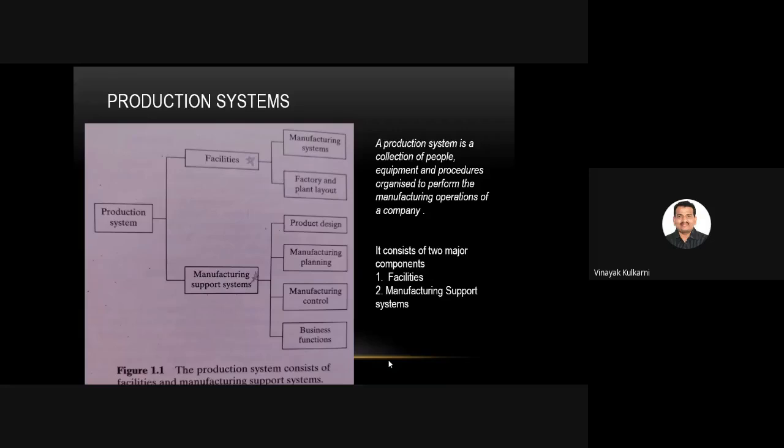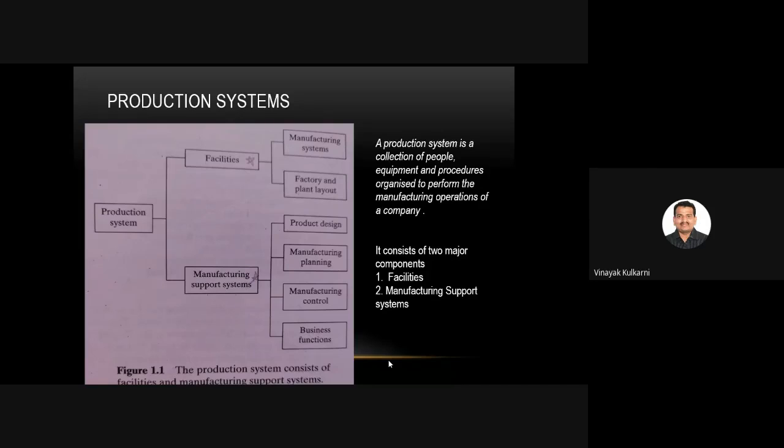Okay. So in the last class, we were discussing computer integrated manufacturing and the different levels of automation: flexible manufacturing system, programmable automation, and fixed automation. In fixed automation, we had a large number of parts. In flexible, we had an intermediate number of parts, and in programmable, it was a smaller number of parts. So today we are going to study production systems.